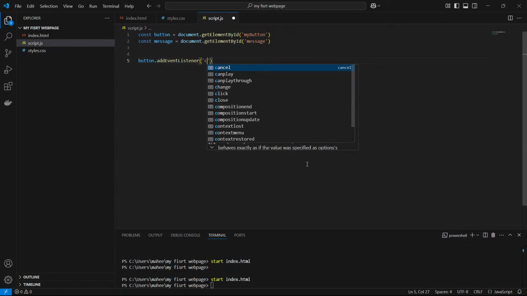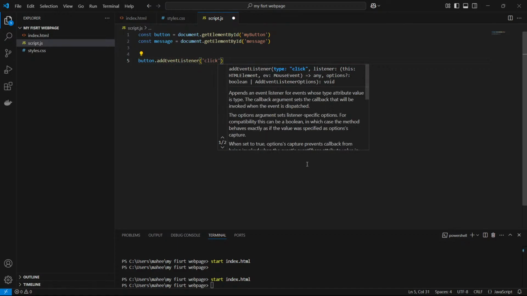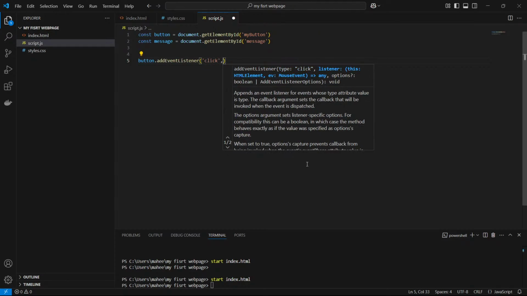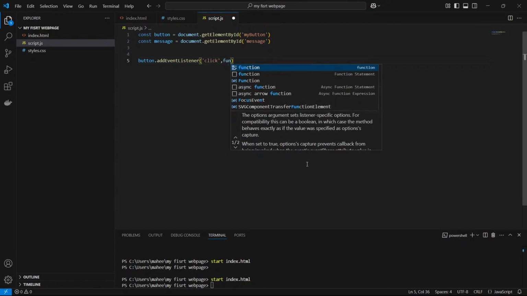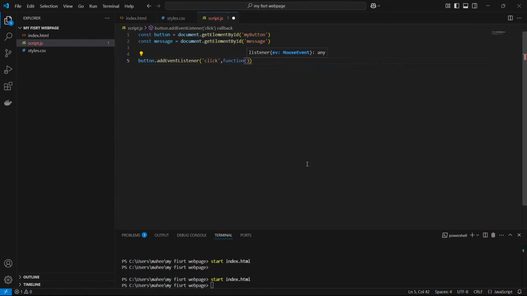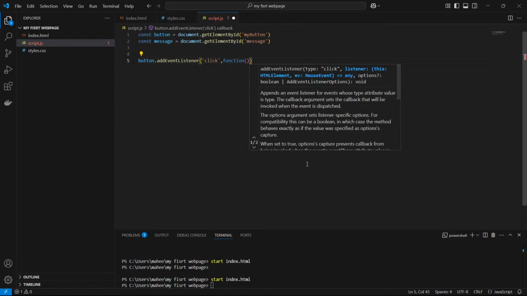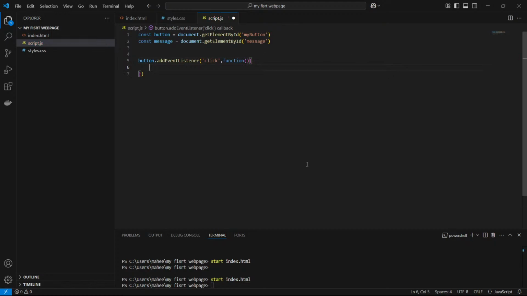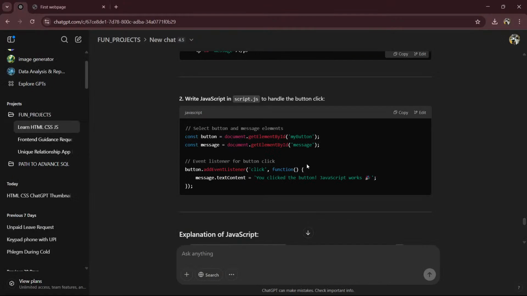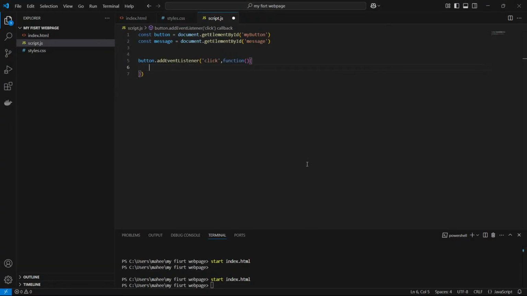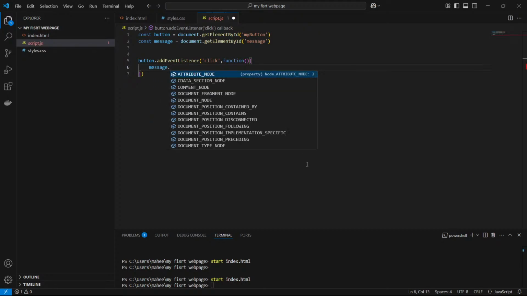So by clicking, by click function. The function is message dot